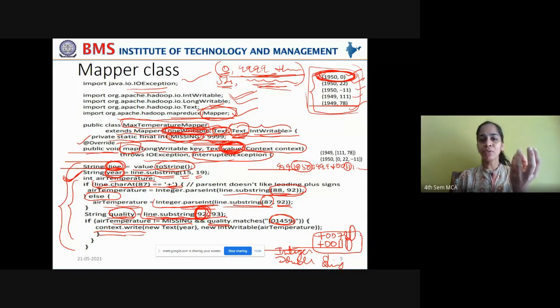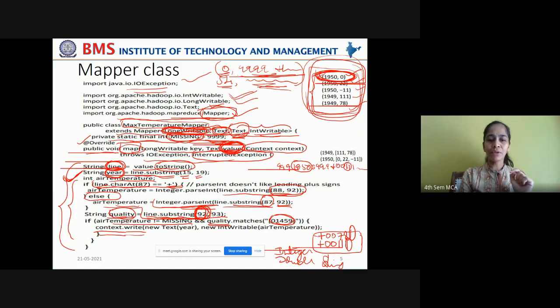The year value, which is in the form of text, which is the data type text. See, this is the data you're packing, right? When you're packing this data, the key is in the form of text. So you create a new instance of text and pass the year to it. So this year is now treated as a string variable and packed into context. Key is packed. Now your next task is to pack the value also.